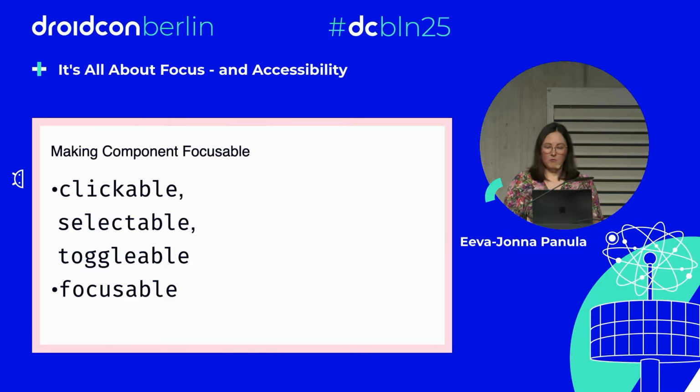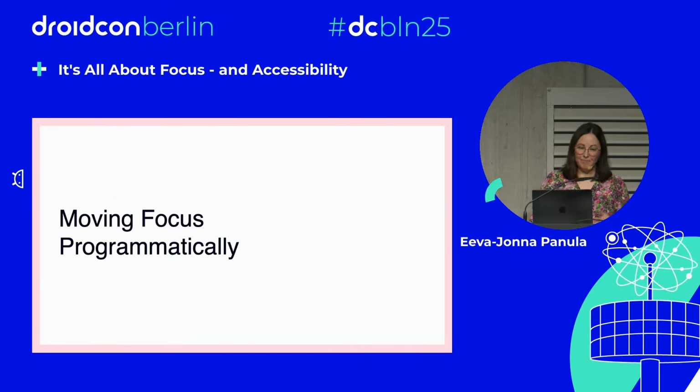All right, our component is now focusable. And then we want to move focus programmatically around. Let's say we have a button that when we press it, we want to move the focus to a custom component. And if we want it to work for both keyboard and screen reader users, well, we need to do different things for them. And I'm going to next discuss these different things separately, and we're going to start with the input